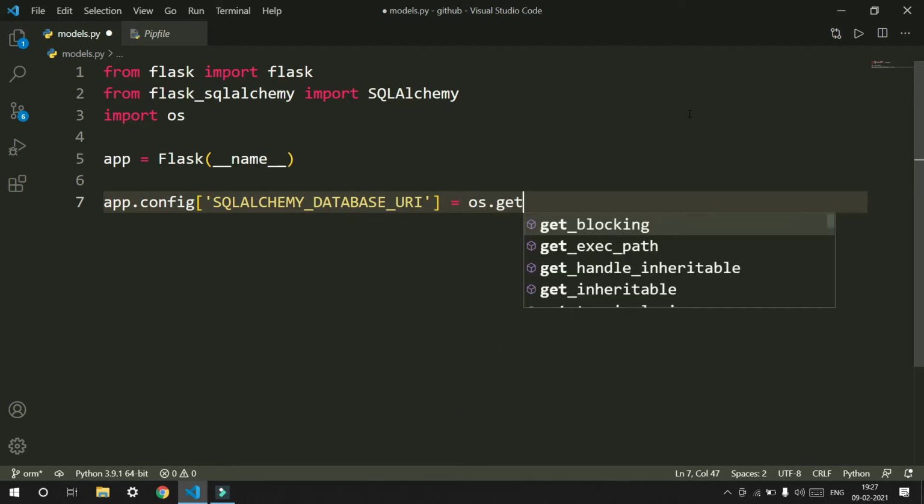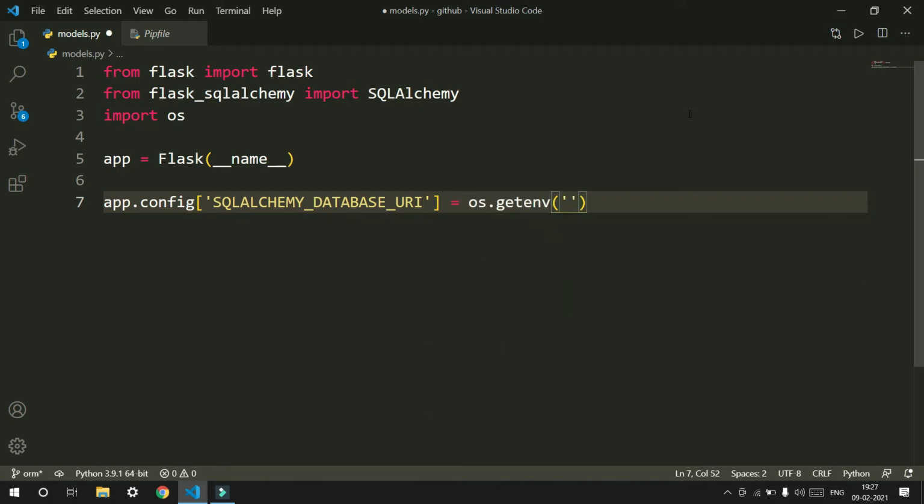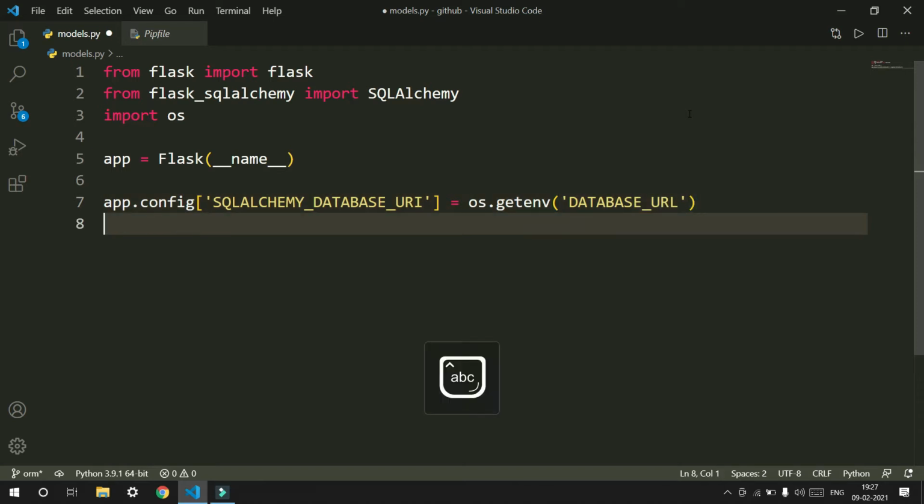So you say os.getenv. I've set it as an environment variable, so you say DATABASE_URL, and then we'll also do another configuration value, SQLALCHEMY_TRACK_MODIFICATIONS.